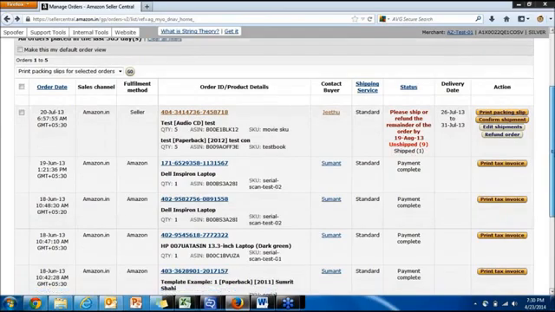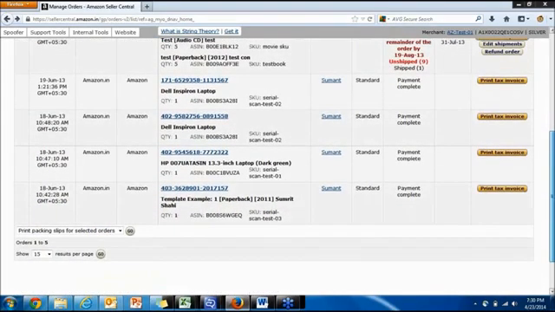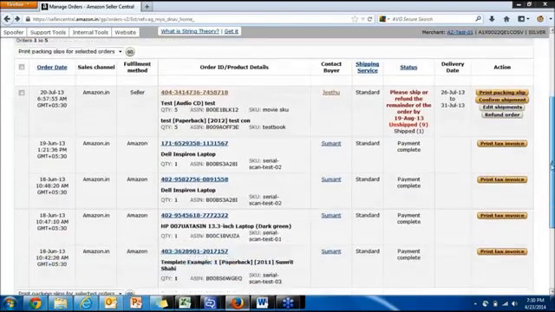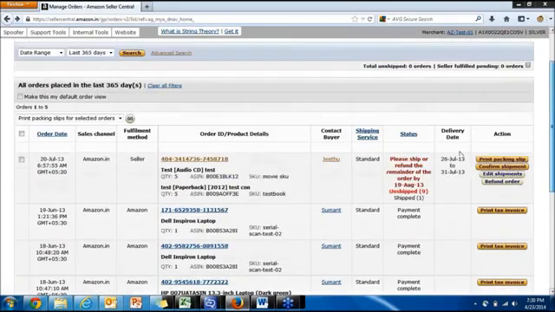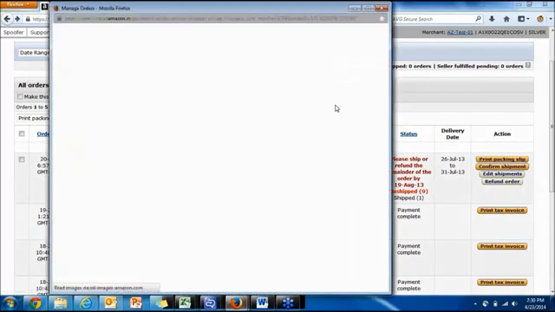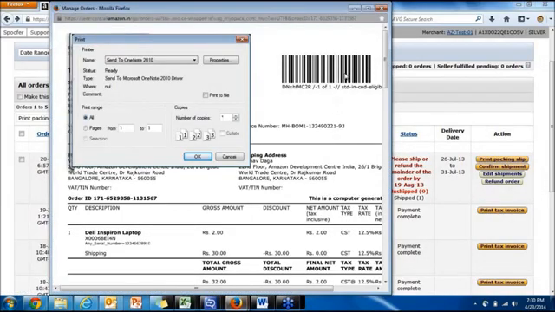These are the options that you see on this particular manage orders page. For your FBA orders, where you see the fulfillment method is Amazon, you also have this option of printing the tax invoice for those orders for your own usage. You can also click on print tax invoice and generate those invoices.